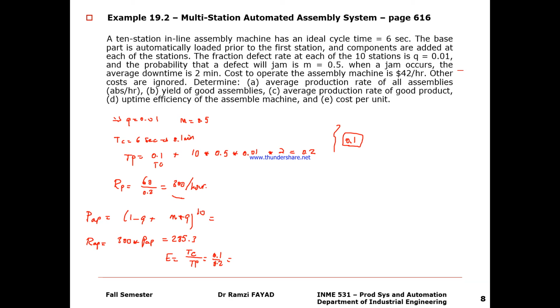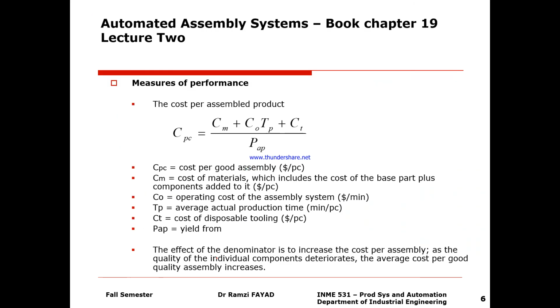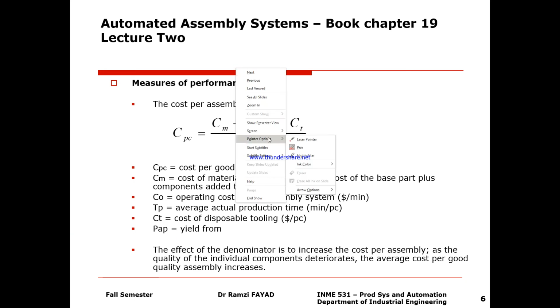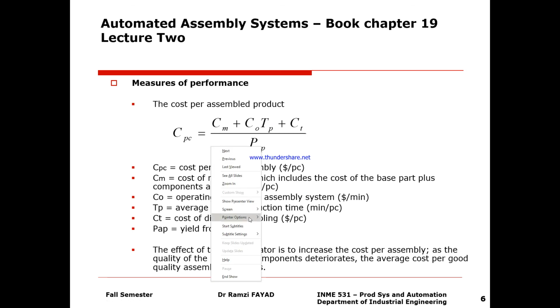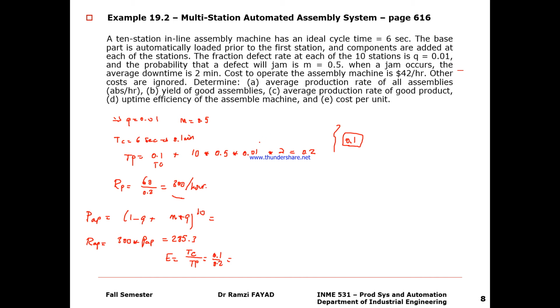And the last one, the cost per unit to operate the system. The cost per unit, CPC, is equal to CM, the cost of material, plus the operating cost of the assembly system in dollars per minute times the average production minutes per unit, plus CT, the cost of disposable tooling, which we are not considering in this example. Yield is how much we are really yielding in the system. So if we consider the cost per unit here,